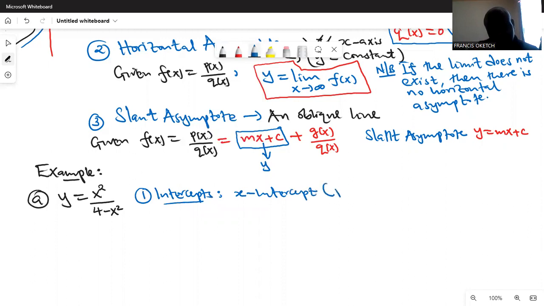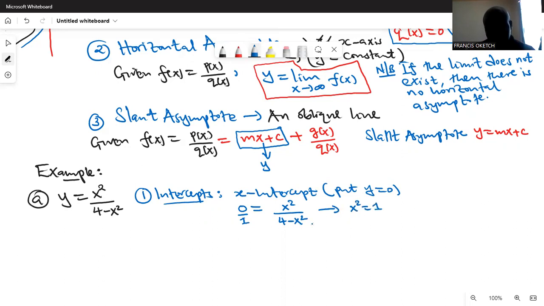What you do, you put y is equals to 0 and then solve the resulting equation. So that means 0 is equals to x squared over 4 minus x squared. Remember 0 is the same as 0 over 1. If I cross multiply, I'm going to get